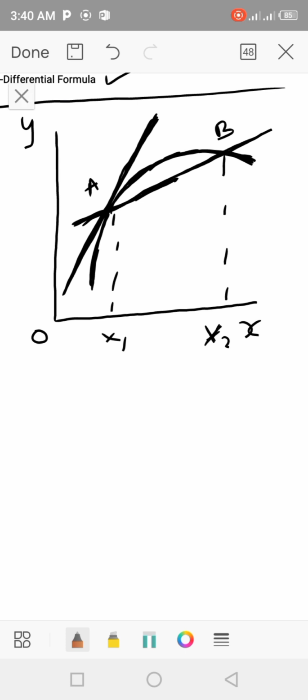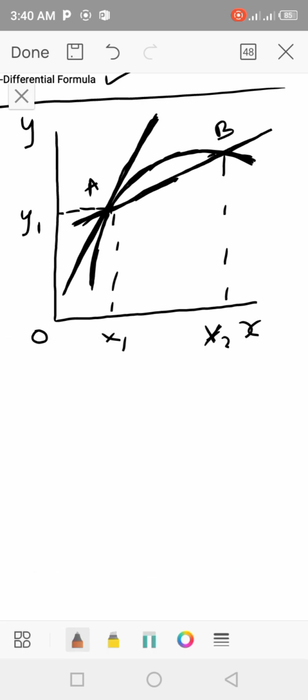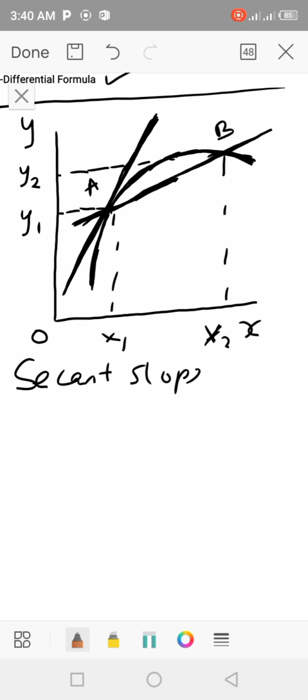So if we trace point A again to y1, which is the initial y, and then trace B to y2, which is the final y. So now the first thing we are going to find is the secant slope, and the secant slope is denoted as